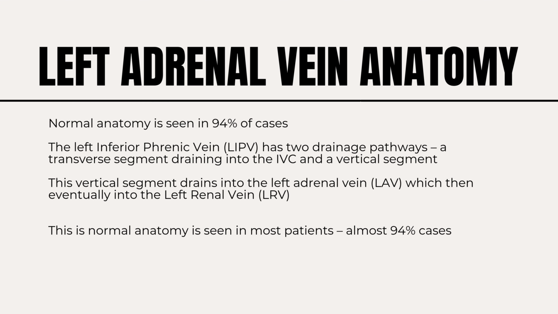This normal anatomy would include the left inferior phrenic vein or the LIPV, which has two drainage pathways. One is a transverse segment which opens directly into the IVC, and then you have a vertical segment. This vertical segment drains into the left adrenal vein or the LAV, which in turn drains into the left